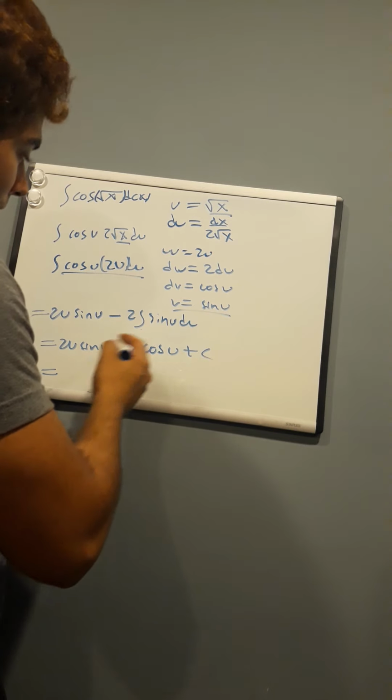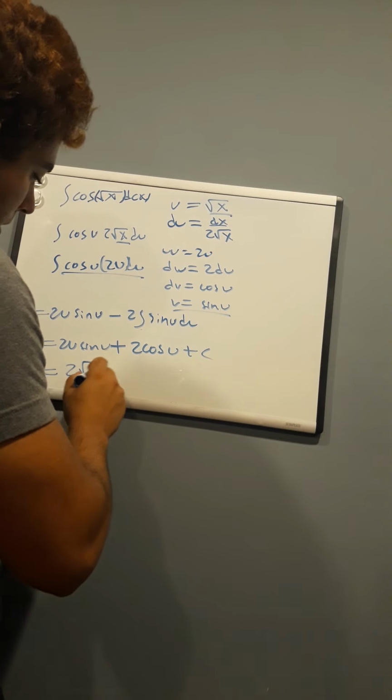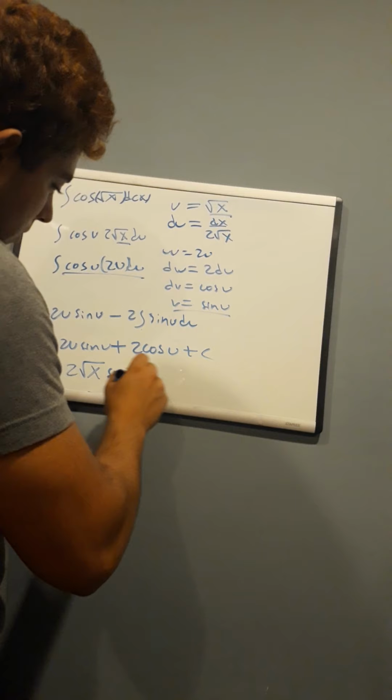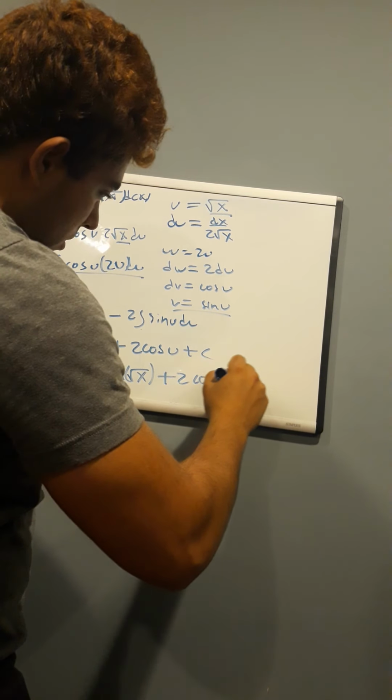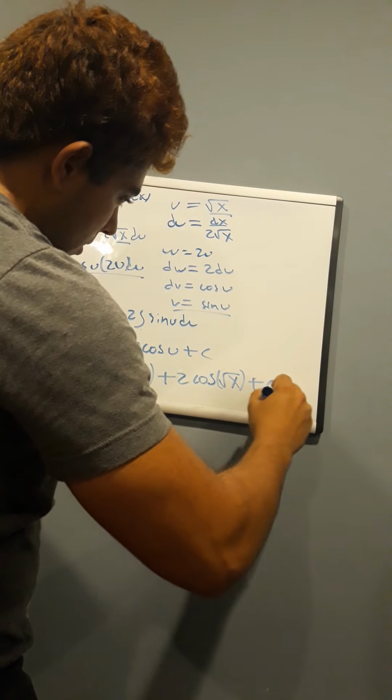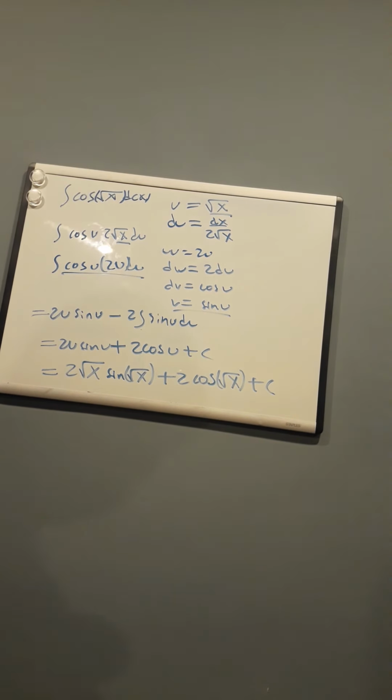Applying what we know based on our actual supposition of what u was, you should get something like that. Okay? 2 radical x times sine radical x plus 2 cosine radical x plus c,